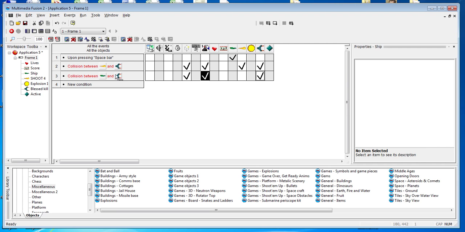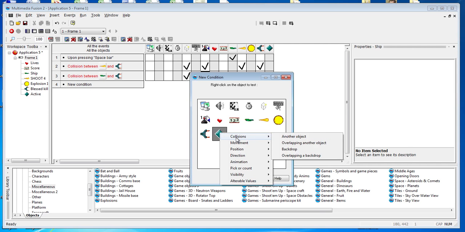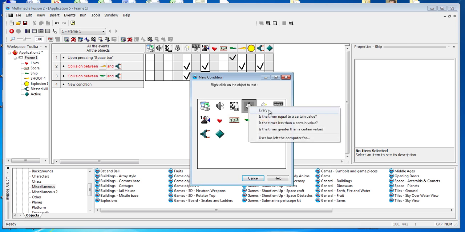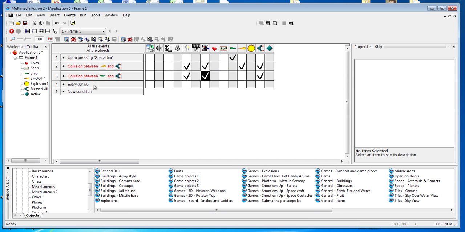But at the moment there's nothing launching these, and I want my active object to launch something. That's going to be done by a timer. So new condition, timer. Let's do it half a second. So I'm going to get rid of seconds, that'll be too slow for now. You can play around with these speeds yourselves. Click OK. So every half a second,